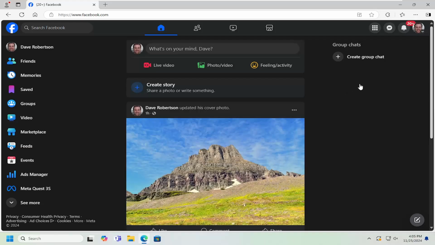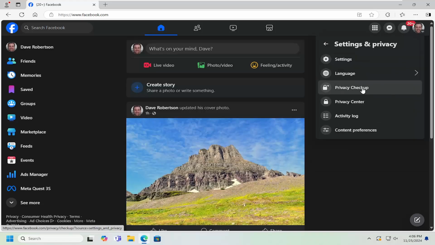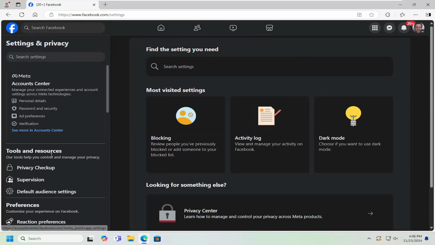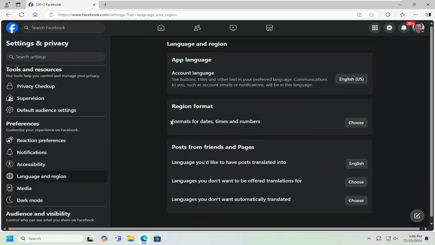So all you have to do is open up Facebook and select the profile icon at the top right. Just left click on that and select Settings and Privacy. Underneath Settings and Privacy, select the Settings button. On the left side, underneath Preferences, select Language and Region. And now underneath Region Format, formats for dates, times, and numbers, select the Choose button